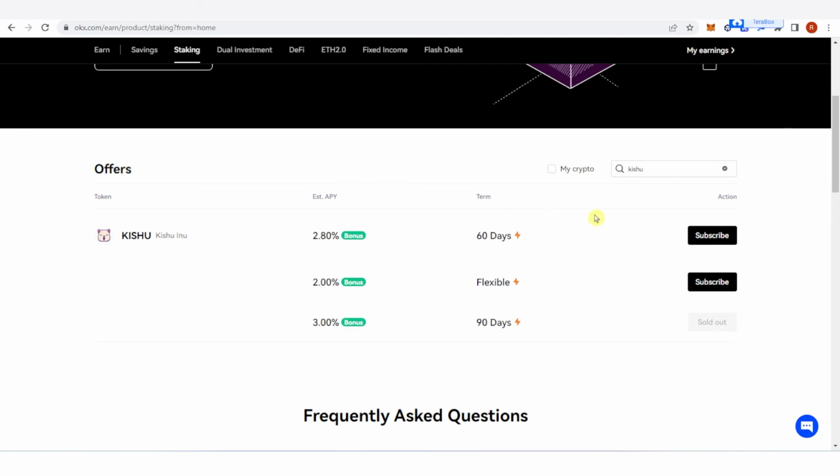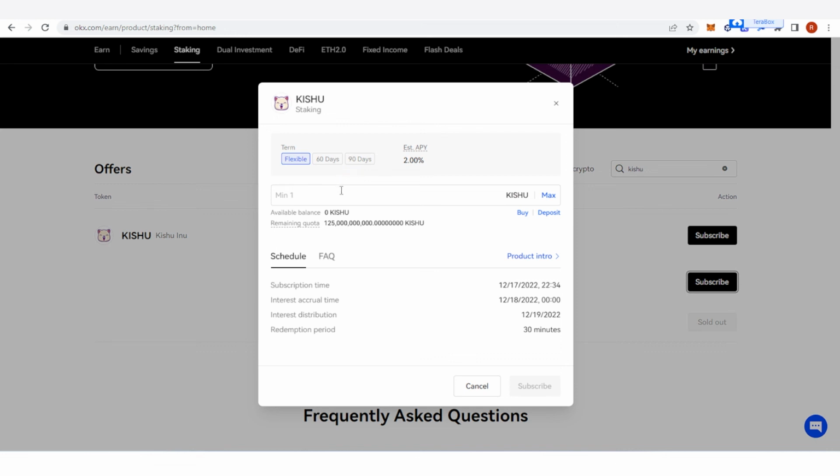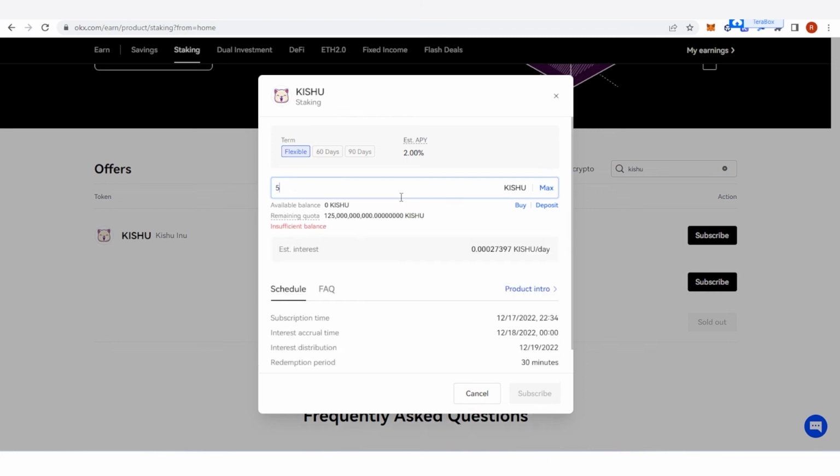Now, for example, I'm going to choose flexible staking here. Click subscribe. Then type the amount of Kishu you want to stake. And note that the minimum is 1 Kishu. For example, 5,000 Kishu. And we have here the estimated interest. And you can receive this amount of Kishu per day. Now, we're